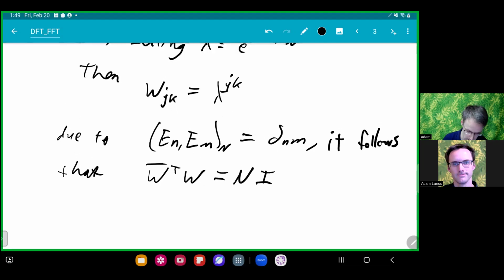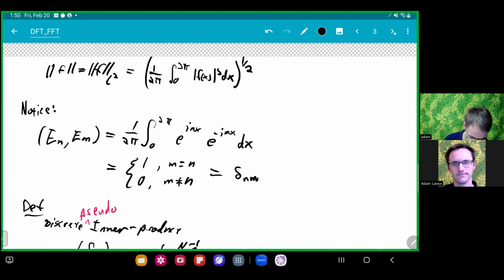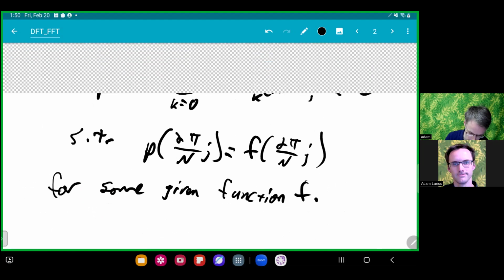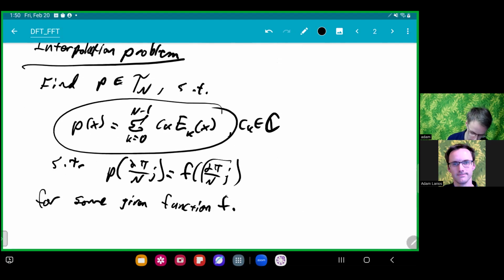So for the interpolation, you might ask, where does this matrix W arise? If we go back to the trigonometric interpolation problem, I guess that was on the previous page, we would like to be able to plug in these evenly spaced points, 2 pi j over n. We'd like to plug each of those in, and every time we do, we'll get a long sum of a whole bunch of terms with c_k coefficients out in front, evaluated at the various evenly spaced points. So that means